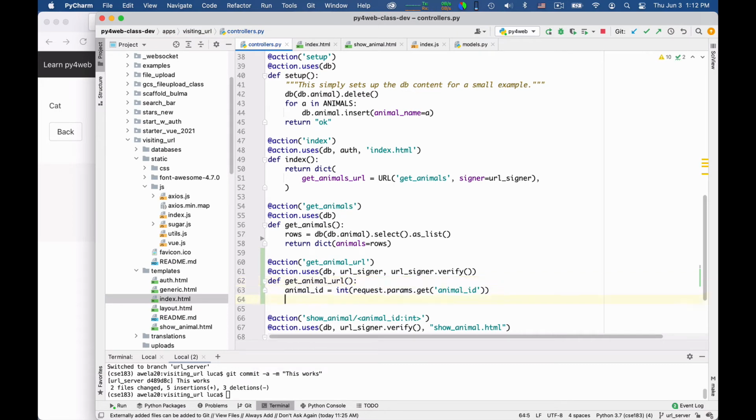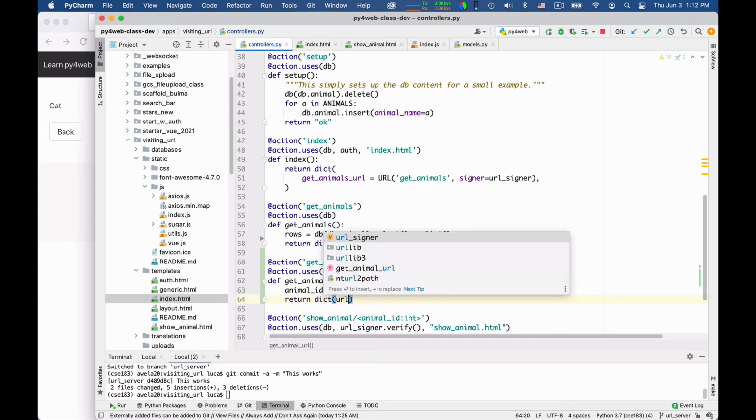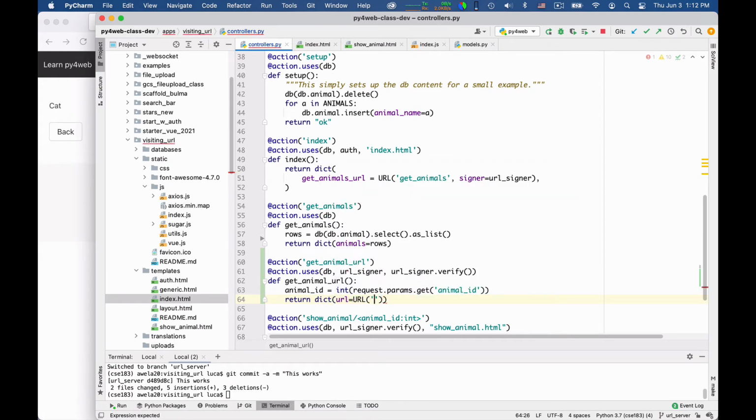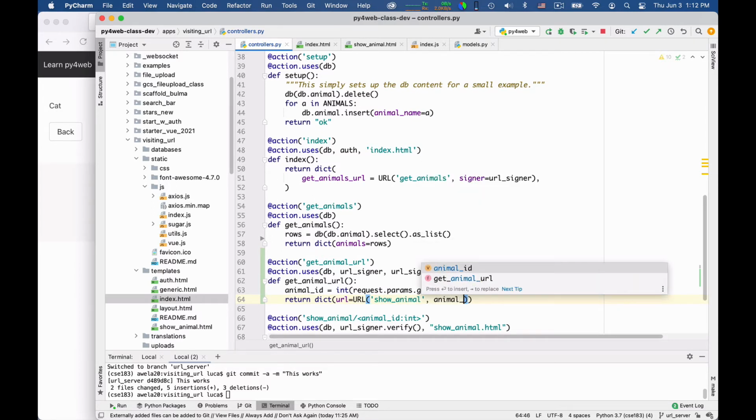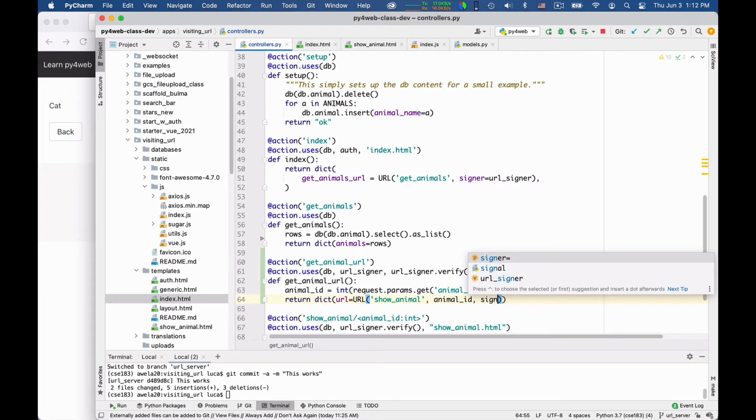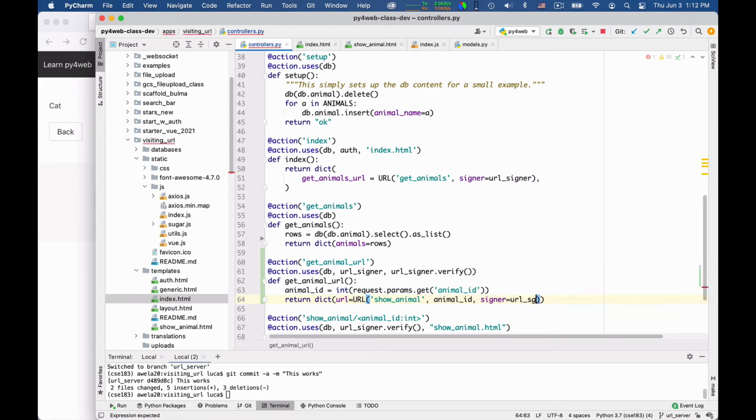So once we are at this point, I can say return a dictionary, in which I can say that the URL is the URL of show animal, okay, then animal ID, okay, and signer is equal to URL signer.